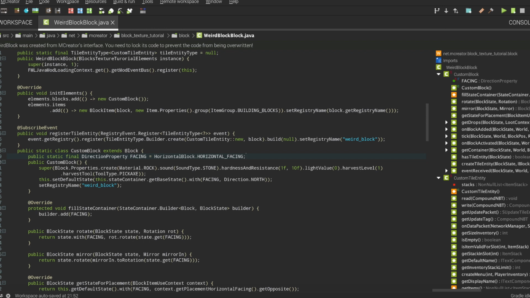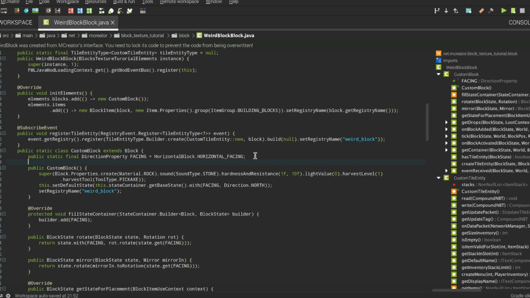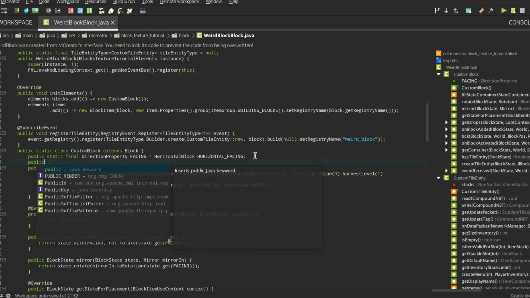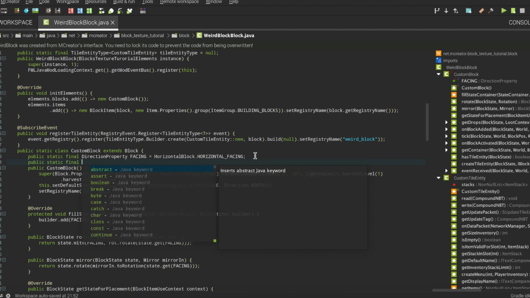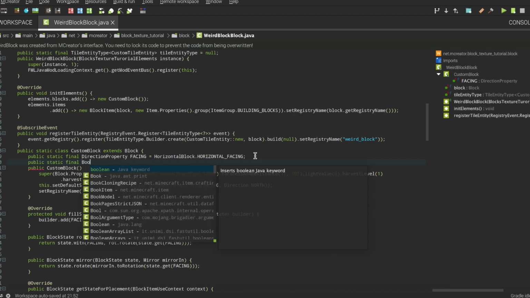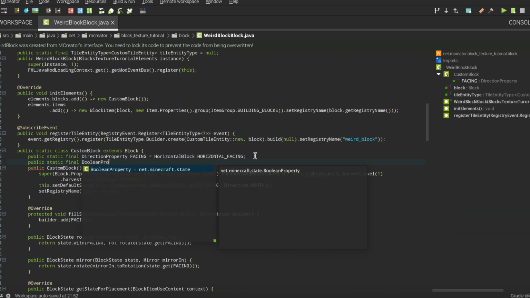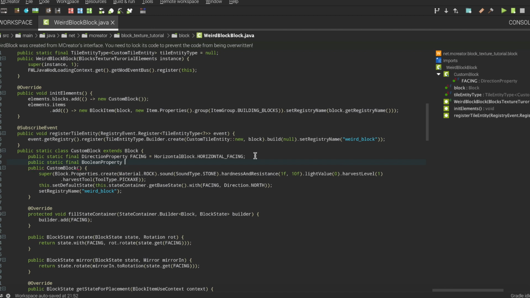So we're gonna need to add another one. We're gonna write public static final BooleanProperty, here. You can name it what you want.